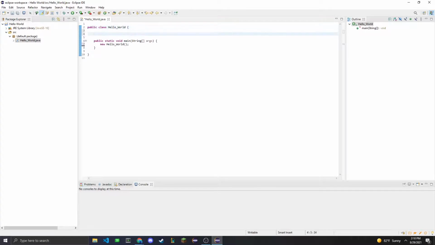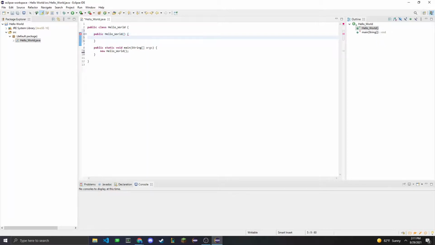And then up here, we can create our constructor. So the syntax for any constructor is going to be the public keyword followed by the class name, which is hello world in this case, followed by some parentheses, and then a pair of curly brackets. And then once we make that first one, if you hit enter, it should autofill in that right curly bracket down here for us. And then in our constructor here is where we're actually going to write all of our code. And for this very first project, we're just going to do a simple print out to the console hello world. And how you print out is in Java, you say